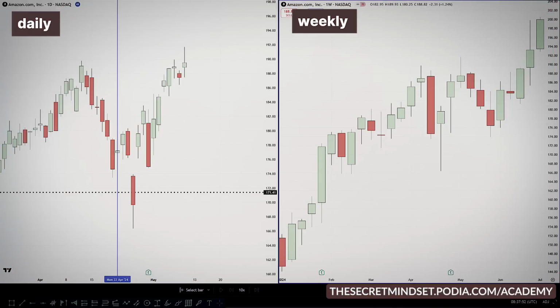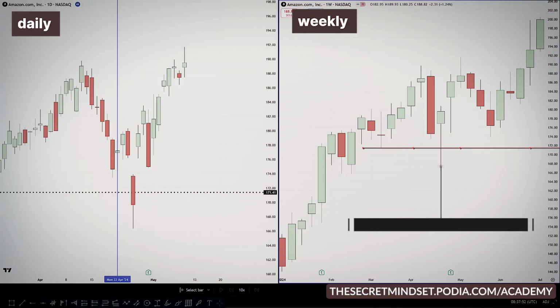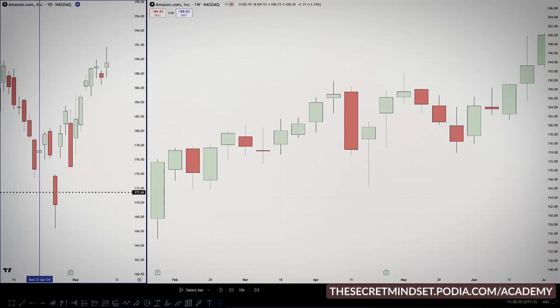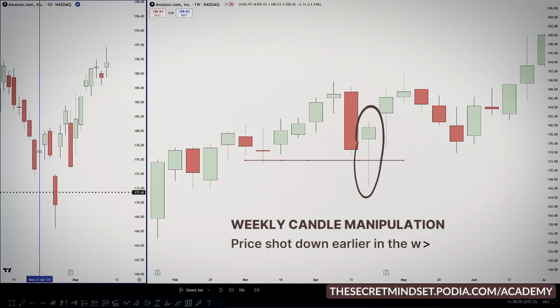After trapping retail traders with a sharp move, the big players are ready for the final phase, distribution. This is where the real trickery happens. The price now reverses. The long wick that formed on the weekly candle is a classic sign of this reversal. Traders who entered positions based on the sharp move are now trapped as the price moves against them. For example, as the price shot down earlier in the week, it now creates a long wick to the downside